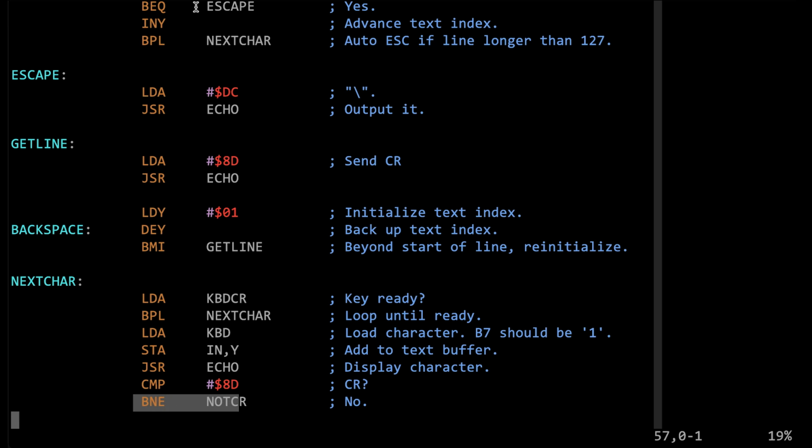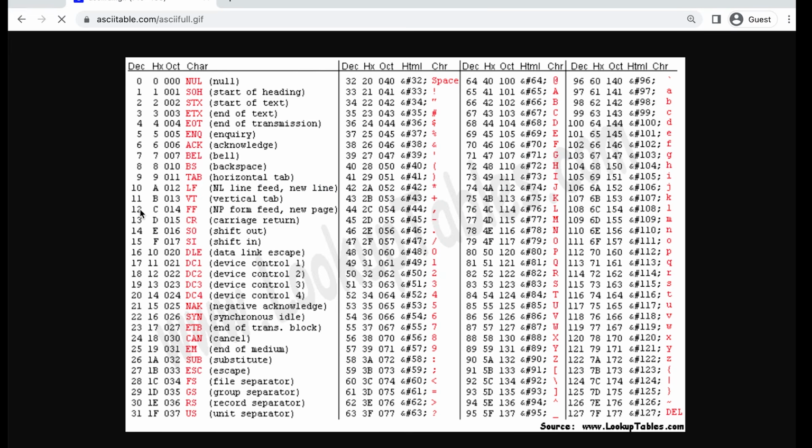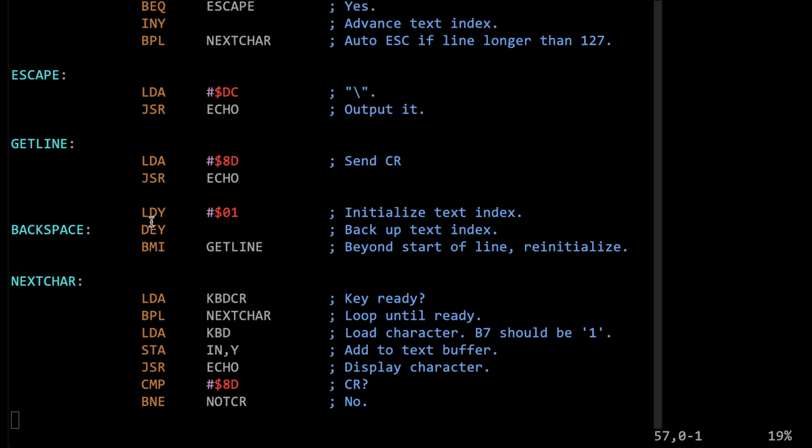And something to note is that on the Apple I, all of the characters coming from the keyboard had bit 7 set. So this 8D is kind of a strange representation for carriage return. If you look at a normal ASCII table, carriage return would be 0D, but here it has to check for 8D because that bit 7 is always set. But anyhow, if it's not a carriage return, then it loops all the way back up to the top here,